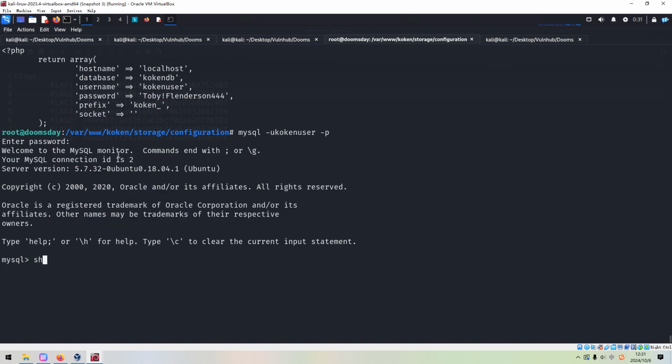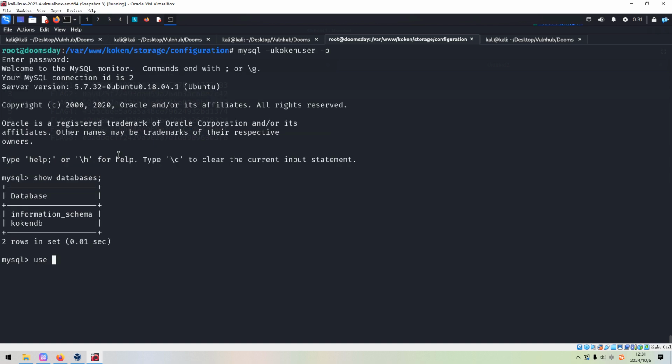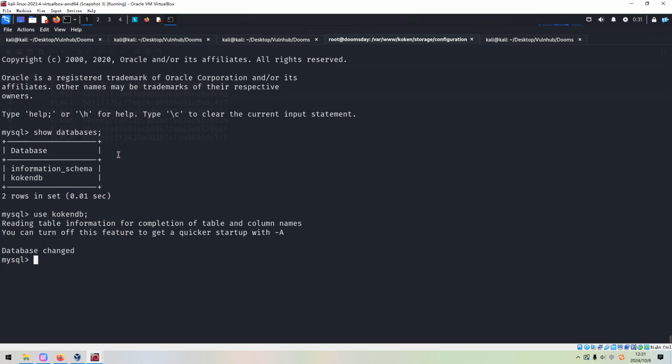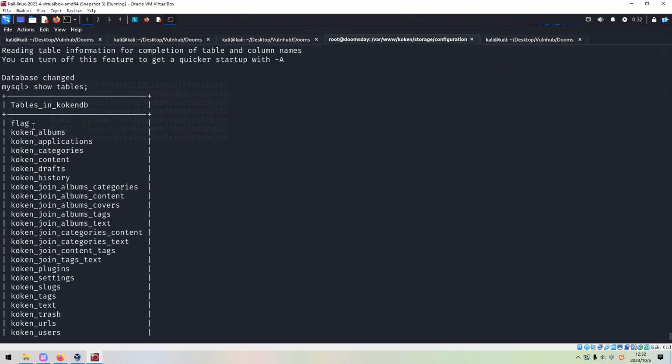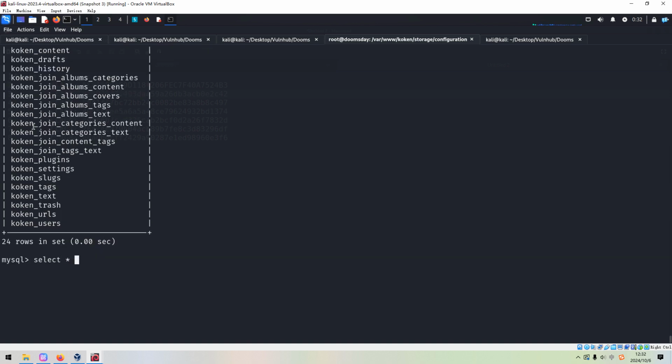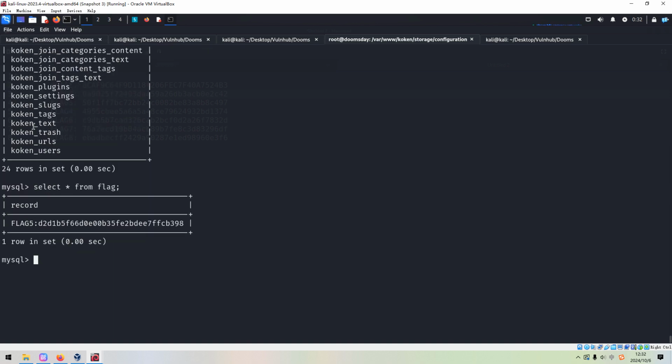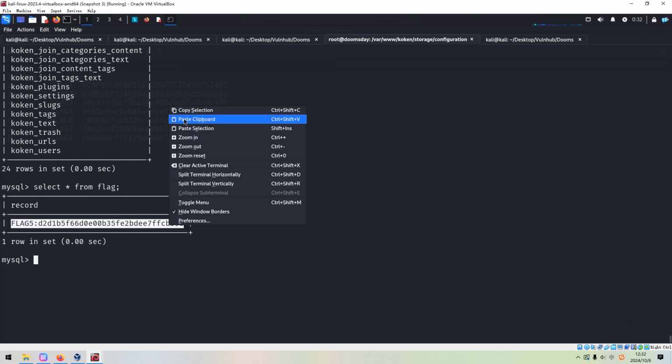Okay, and we can show databases. We can use the second database for obvious reasons, and then show tables. And the first table should contain the flag. We can use select from flag to dump the data. So that's it. We can get the fifth flag.